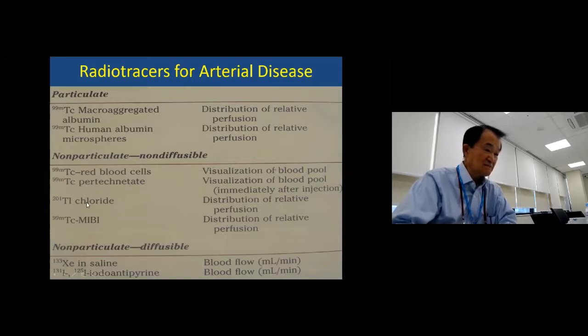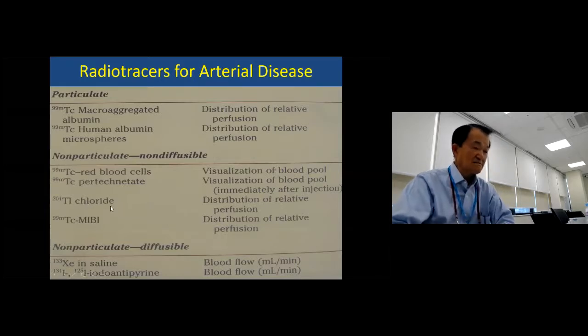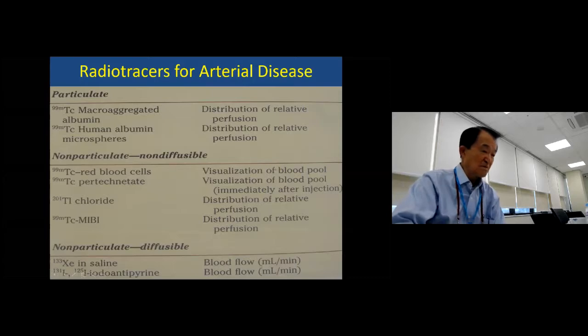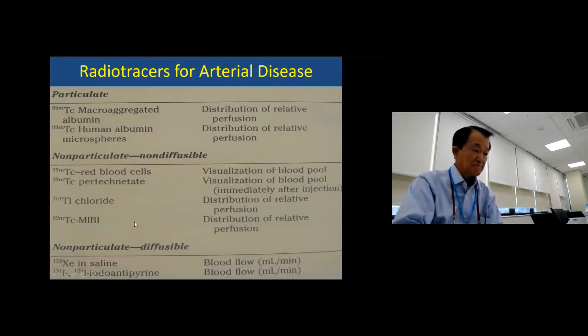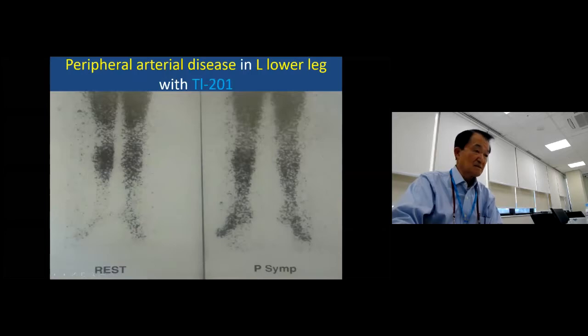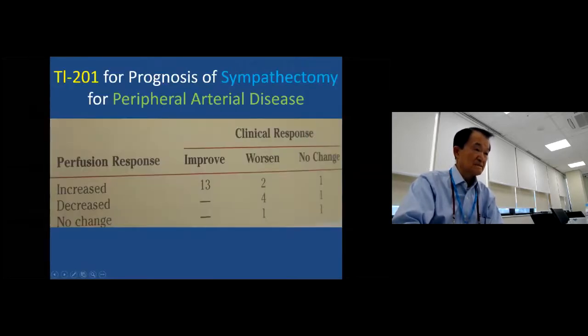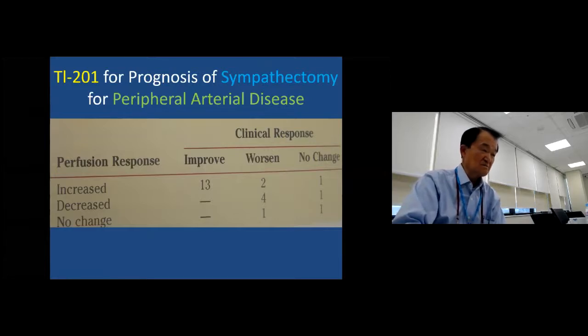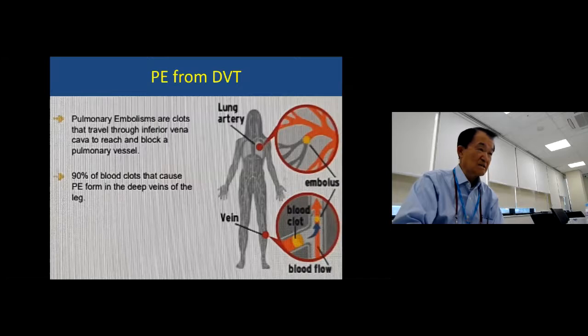The thallium distribution is relative to perfusion, tissue perfusion. So with this kind of study, resting here and then exercise, you can see some asymmetry. It's an old study, no one seems to use this anymore. But